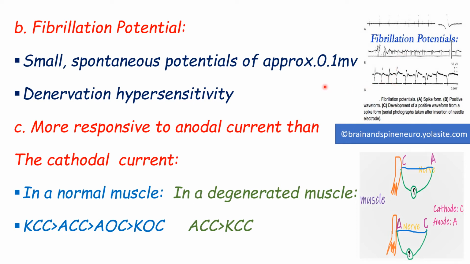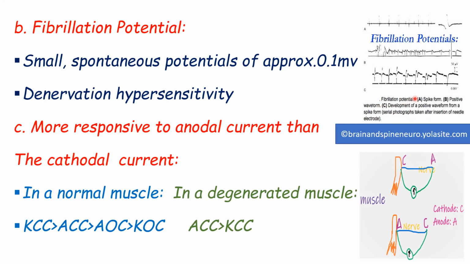This is due to individual muscle fiber contraction in response to minute quantities of neurotransmitter released. In a normal innervated muscle, the random release of neurotransmitter will cause no response, but a denervated muscle becomes hypersensitive, what we call denervation hypersensitivity. Here the receptors are widespread and there is upregulation of receptors, and now the muscle becomes hypersensitive and shows the fibrillation potentials, and this will show the fibrillation potentials until the muscle is atrophied. It is the response of the individual muscle fibers, not the motor unit or the group of muscle fibers.